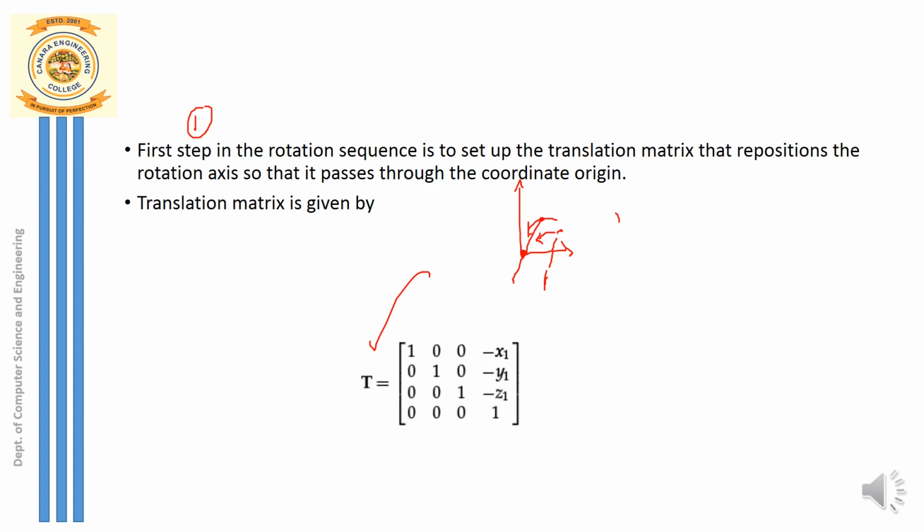Suppose this point was (5, 0). What is (5, 0)? The x component of this point is 5, whereas y is 0 here, since the point is on the x axis. So if I want to get this point to the origin, how do I do that? 5 minus 5. So the translation factor along the x axis is minus 5. Subtract 5 from 5 so that you get that point to the origin, and that is given by (0, 0).